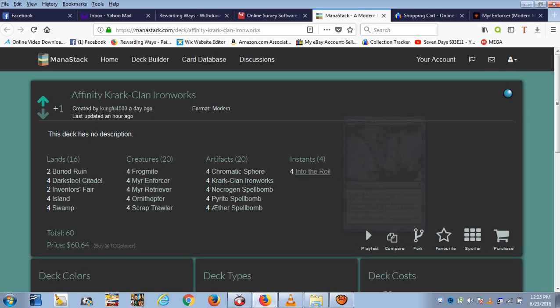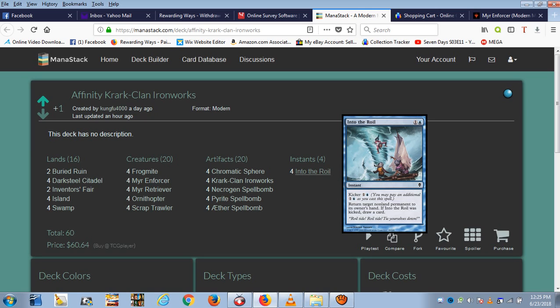1 instance, 4 copies of Into the Royal. 1 blue, 1 of anything, instant. This will let you return target non-land permanent to its owner's hand. You can use this against planeswalkers. You can use this against creatures in general, artifacts, anything that's a permanent you can bounce to the hand, except